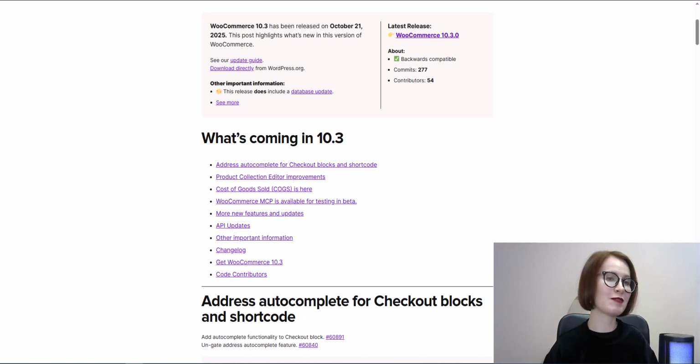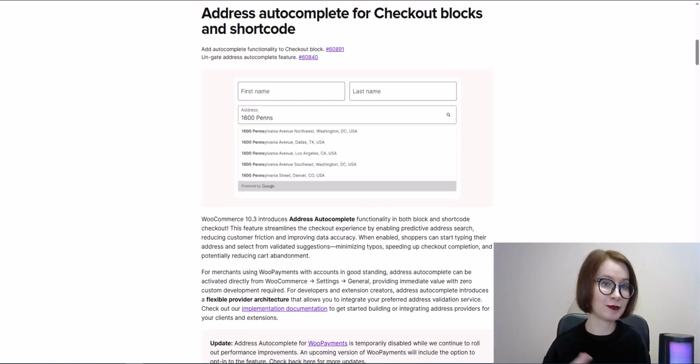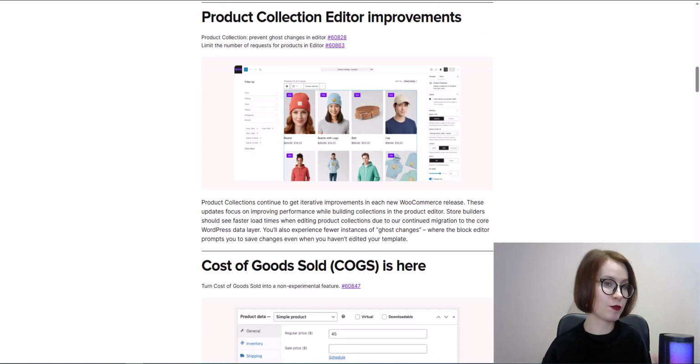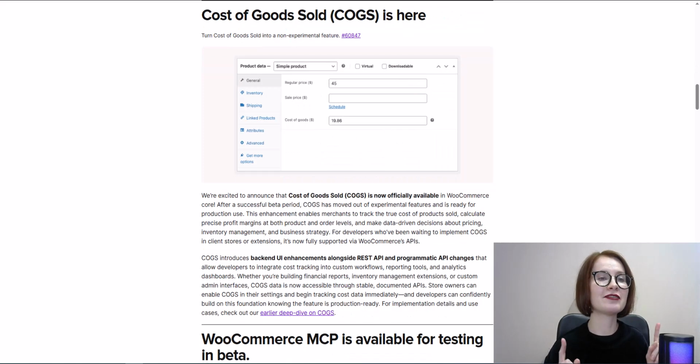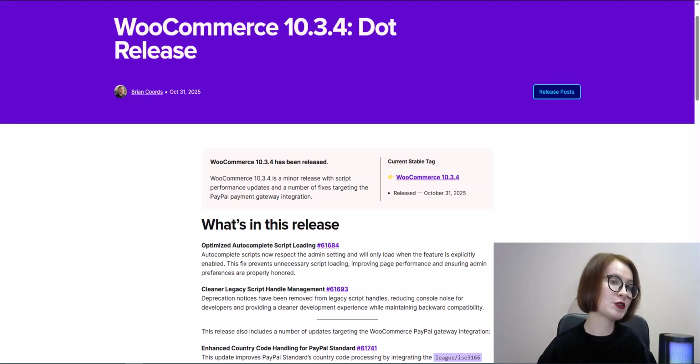And a quick WooCommerce update, version 10.3 landed at the end of October. It brings some practical upgrades like address autocomplete for checkout blocks, smoother product collection editing, and finally, native cost of goods sold tracking, huge for accurate profit reporting. Then we saw a few quick patch releases, and by October 31st, 10.3.4 dropped with performance changes and a better